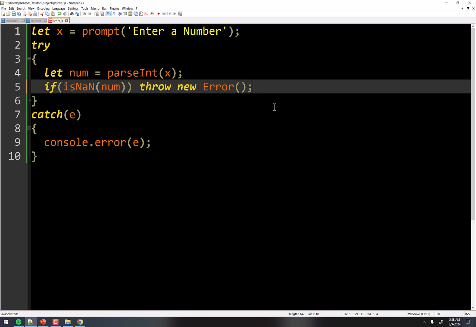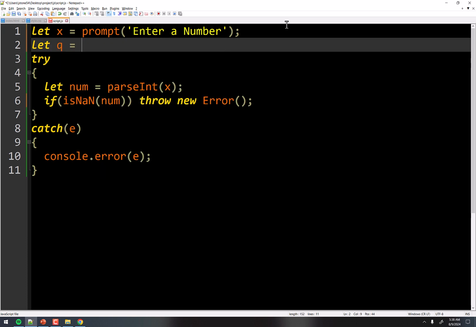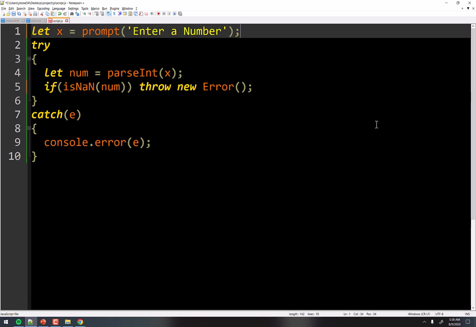But let's just talk about this. Remember, a whole lecture on objects is coming another day. A lot of you are probably familiar with objects because you've probably taken Java, or you may be taking PHP, or you've seen them somewhere else in Python or whatever. The syntax for creating an object is you call the object's name and you say you want to create a new one, right? And so this is an anonymous object that's not been named. You could say, for example, let W or Q equal new Error, and then Q is now the object. It's an error object. But in this case, we're just making it an anonymous one that doesn't have a name, and we're going to throw it.